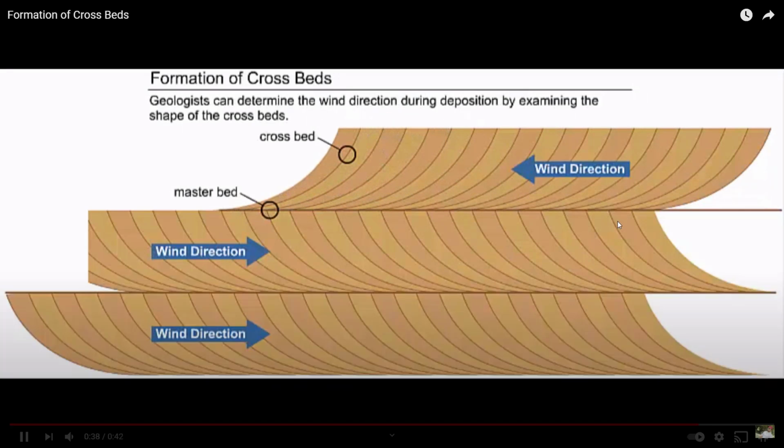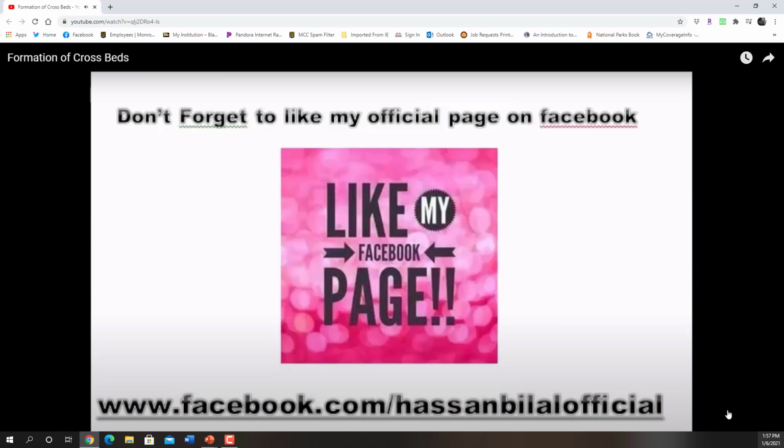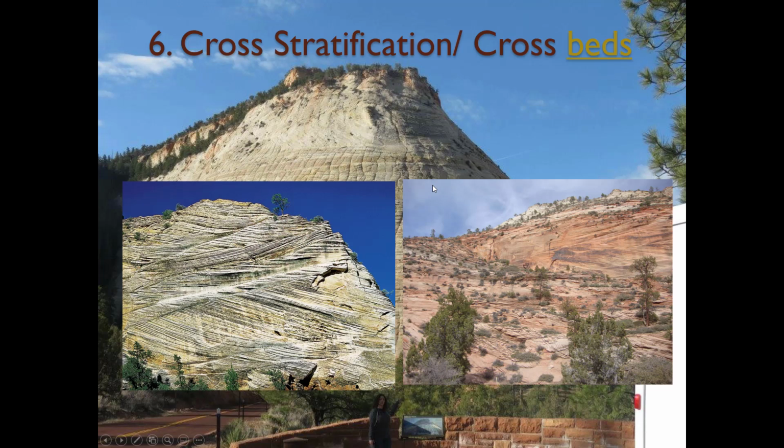So as wind direction changes, the orientation of the sand dune will also change. Thank you, Hassan. So anyway, crossbeds tell you that you are in a location that is characterized by sand dunes